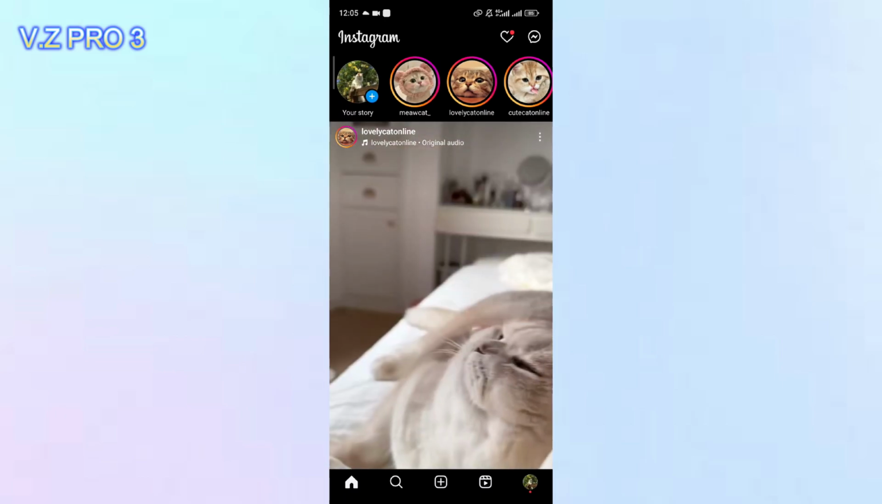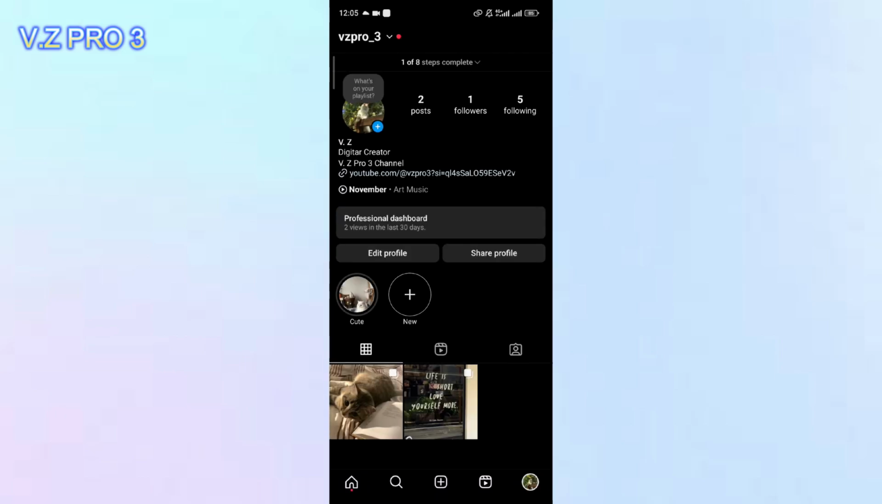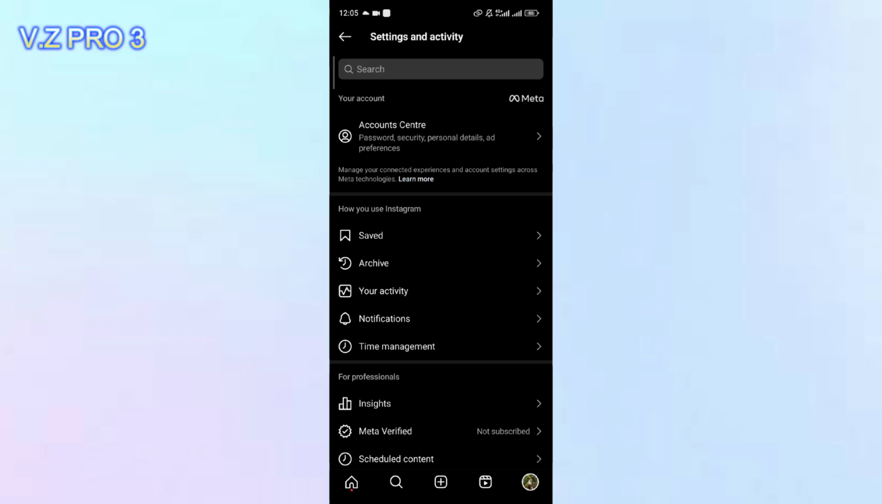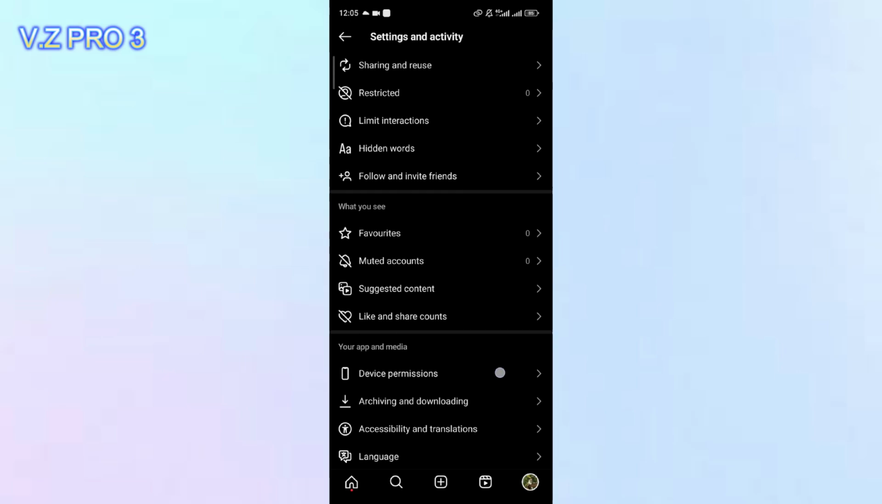So first of all, of course, we have to open our Instagram. Now we can open our profile. As you can see, my account type is professional account creator. You can change this account type by tapping on the upper right corner, the three lines over here. Now you can just scroll down and you can go to